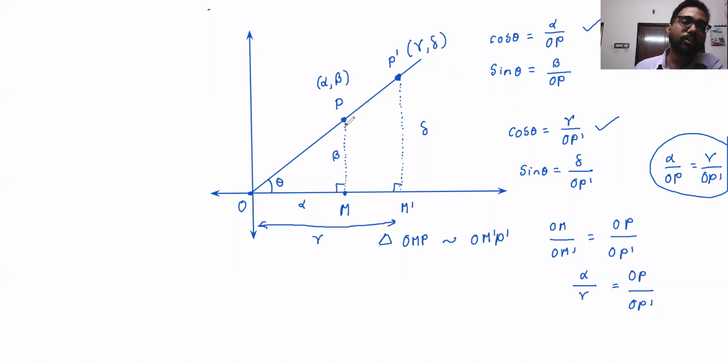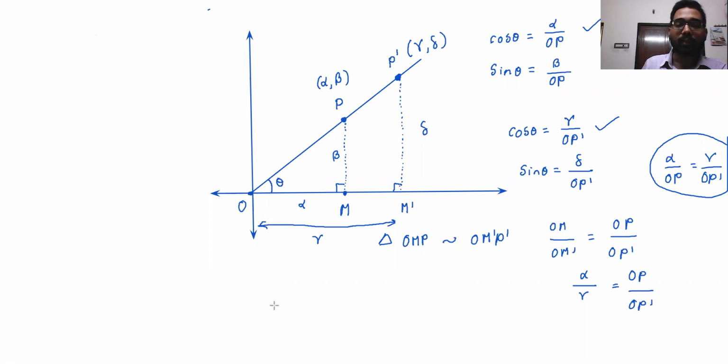So the position of P won't affect the values of cos theta and sin theta as long as theta is constant. If we keep theta as it is, wherever we choose P on this line, it is not going to affect our values of cos theta and sin theta. So since this is true, we generally always take a point which is at a unit distance, because it is very convenient: when OP is 1 unit, we don't have anything in the denominator. The denominator is simply 1. So that's why we prefer to take a point on the unit circle.